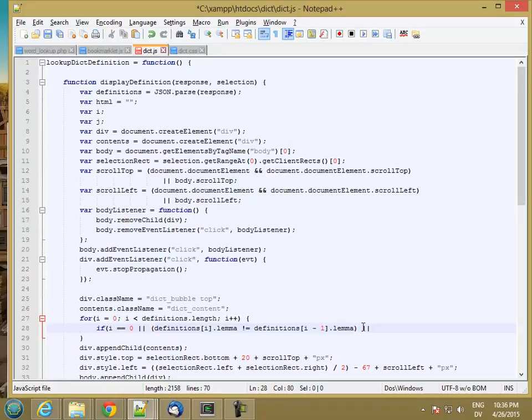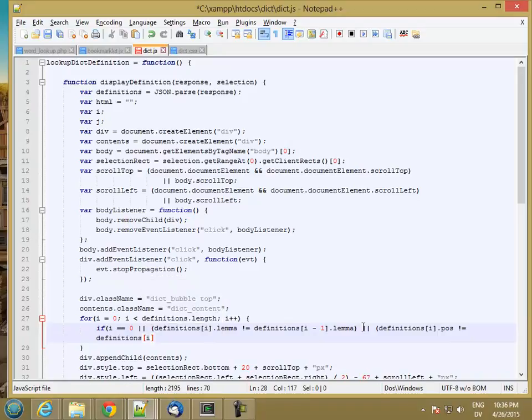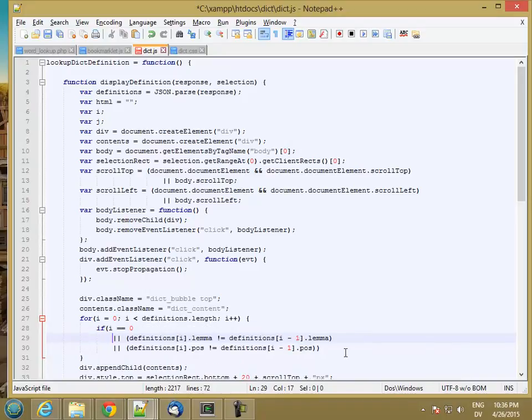Or definitions of i dot pos not equal definitions of i minus 1 dot pos. So if anything's different, and let me break this line here. So if either of those things is true,